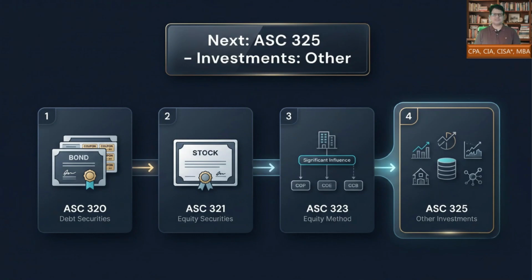That completes ASC 323, dear students and scholars. We have covered when the equity method applies, how significant influence works, how journal entries are recorded, how basis differences are allocated, how intra-entity profit is eliminated, how losses are suspended and recovered, and how impairment, ownership changes, and special structures affect the analysis. Next, we move to ASC 325 Investments Other, which continues the broader investment accounting family after ASC 320, ASC 321,